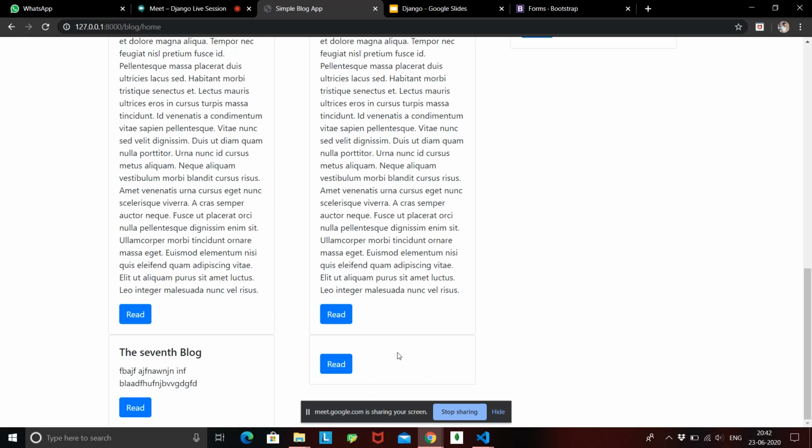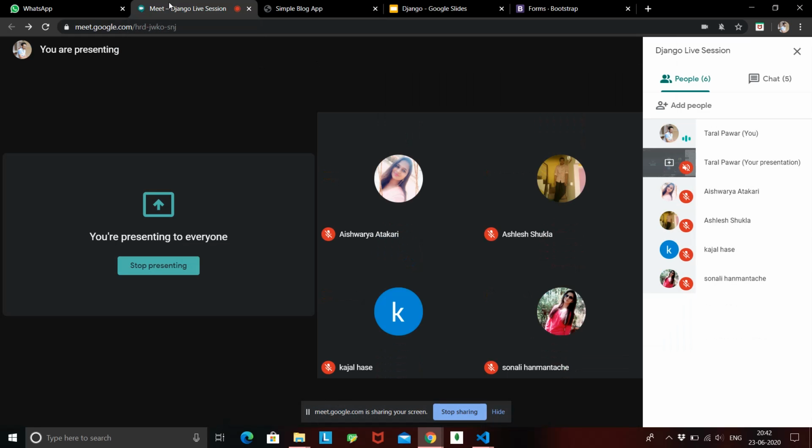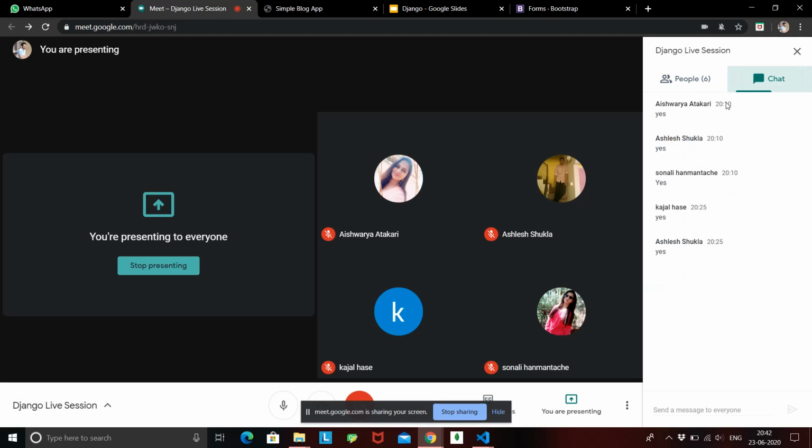We need to handle how we can save ourselves from handling empty data, but we'll make sure that we will not submit the form unless and until it has some values. That we'll see later, but currently all this process is clear to everyone. Any doubt? Do I have to repeat something again?